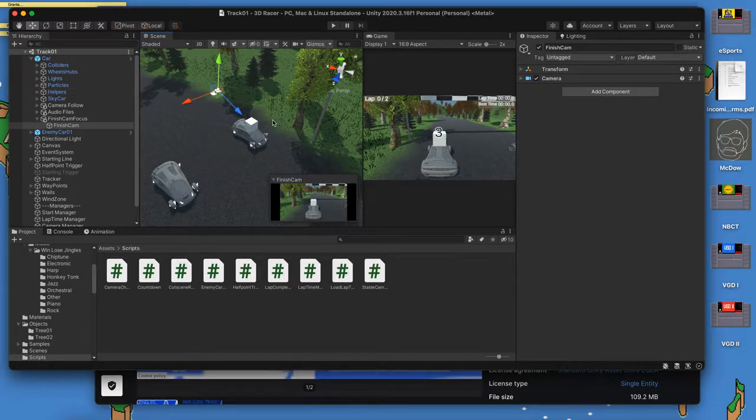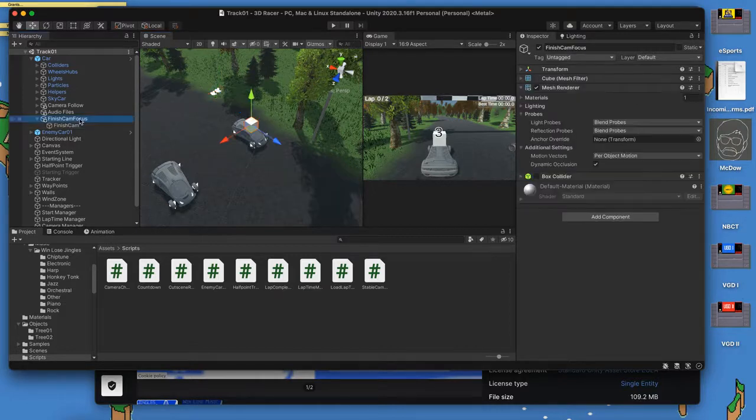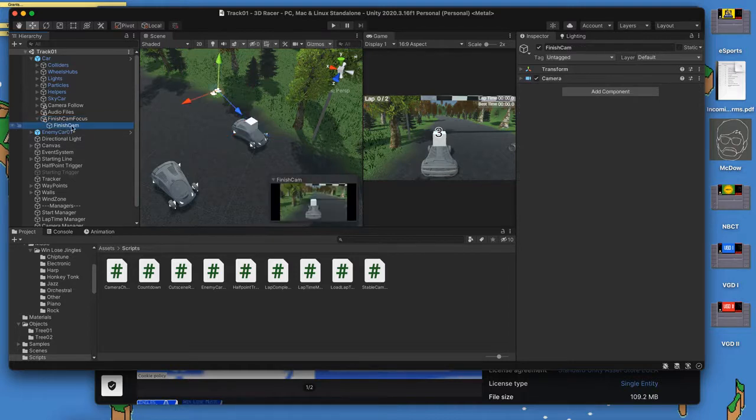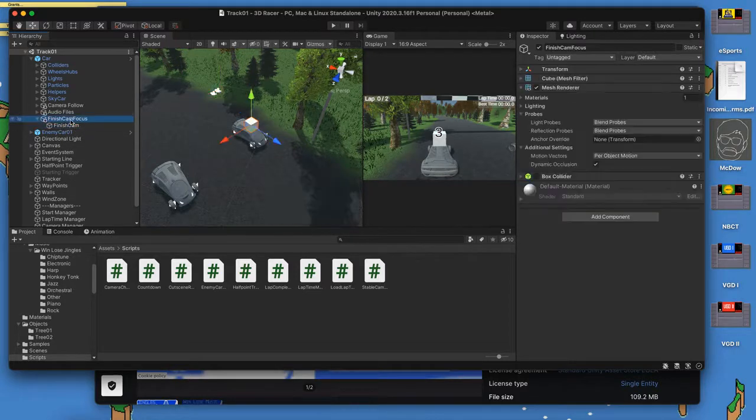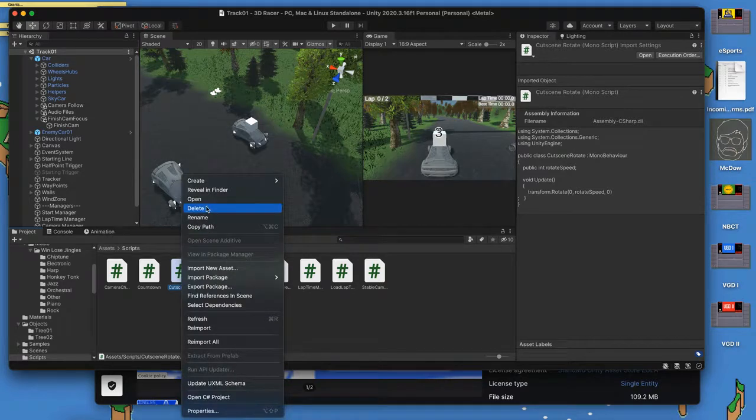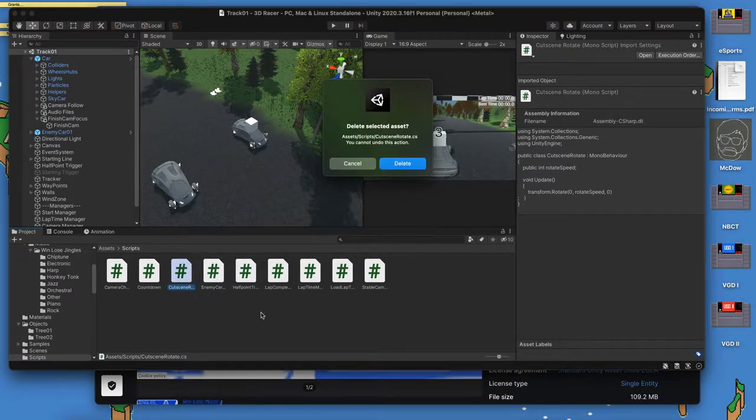And so this is going to be pretty simple. Our Finish Cam Focus object is going to rotate around the player, which will then rotate the Finish Cam since it's a child of the focus object. So we will make a new script called, oh, you know what? I didn't delete it from our last time of making this video. We're going to call it